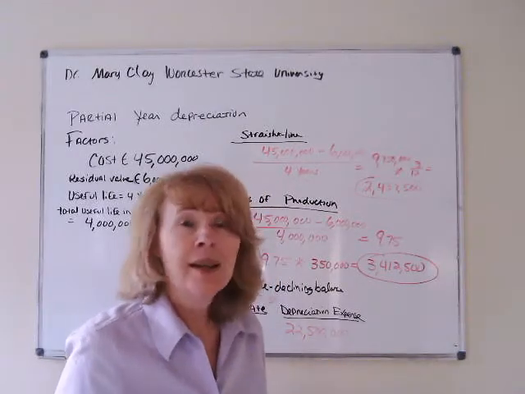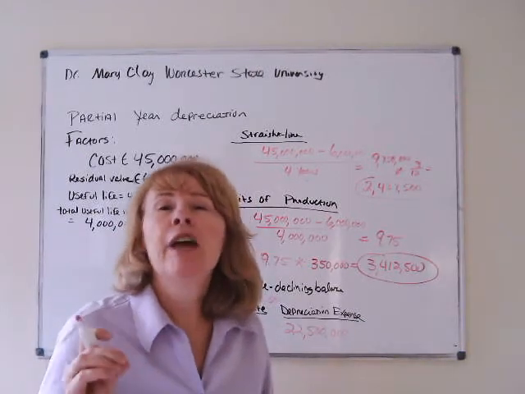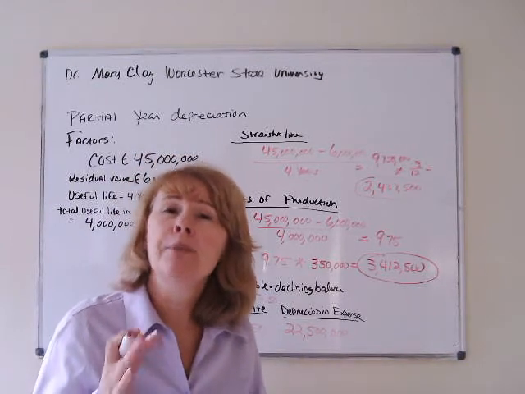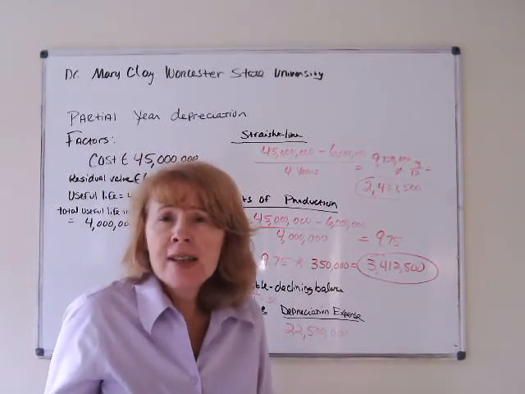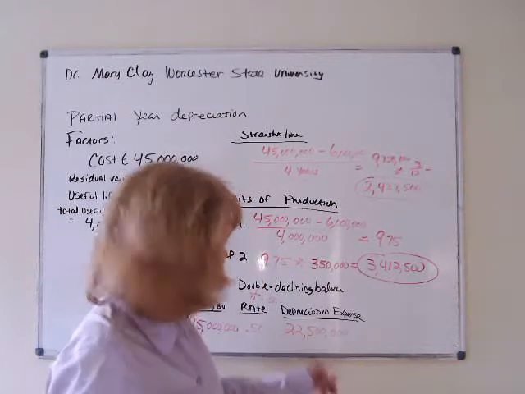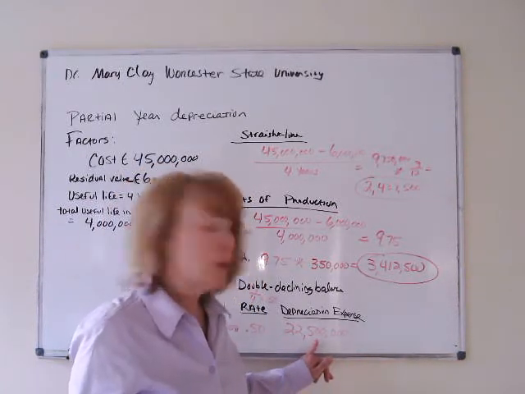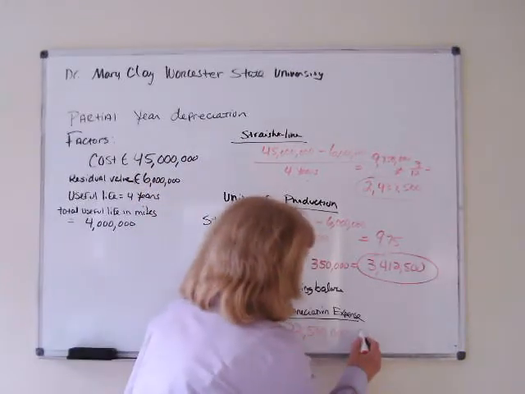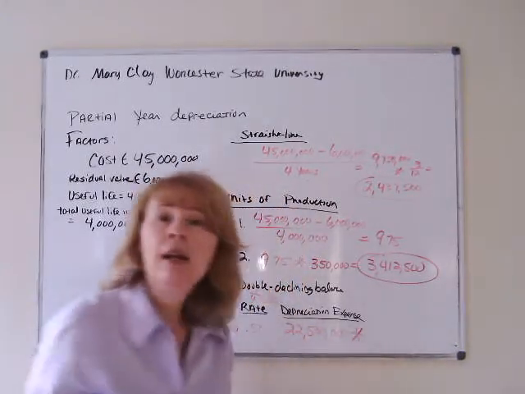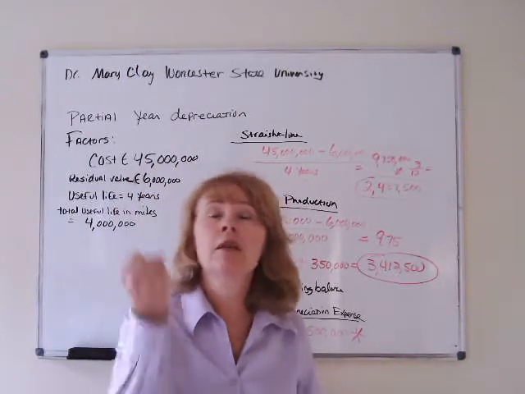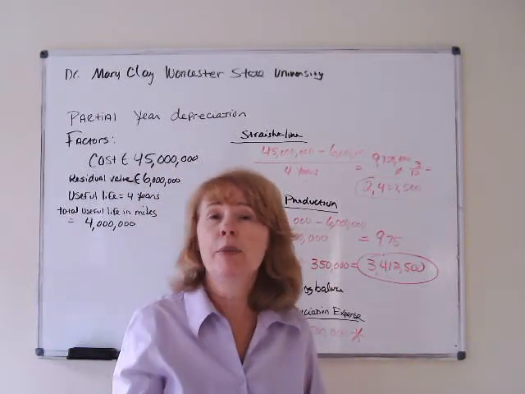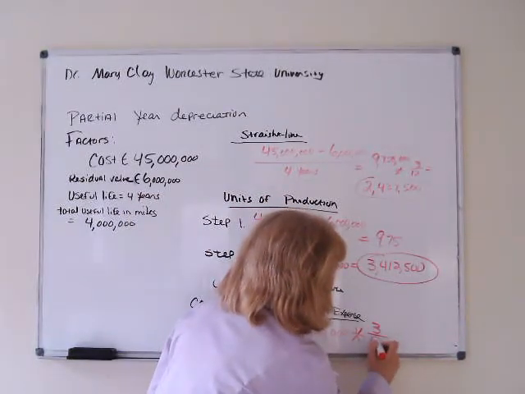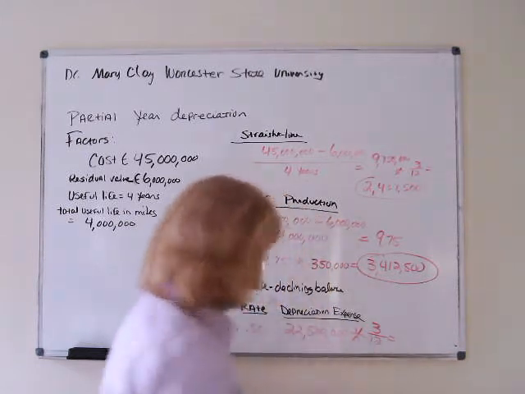Okay, we're not done. It's partial year. Be very careful when you read these problems. I can't stress it enough. Read to see when they purchased the asset. If they purchased the asset on January 1st, yes, your answer would be 22,500,000 for depreciation expense, but they did not. So you're going to multiply it by, they purchased it on September 30th, October, November, December. Your numerator will be 3. Your denominator will be 12. You multiply it out,